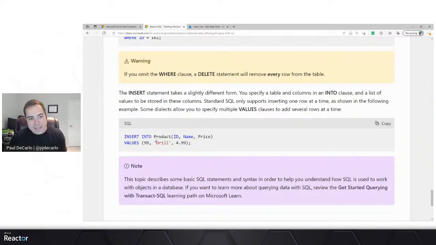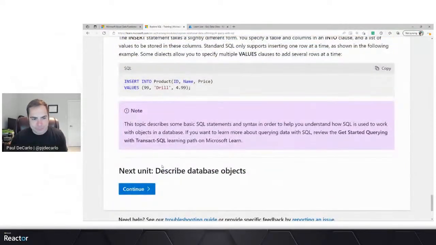This statement would add a new product entry with an ID of 99, a name of drill, and a price of $4.99. It's interesting to note that while we're showing entering one new row here, in some dialects it is possible to specify multiple value clauses to generate numerous rows, more than one at a time.